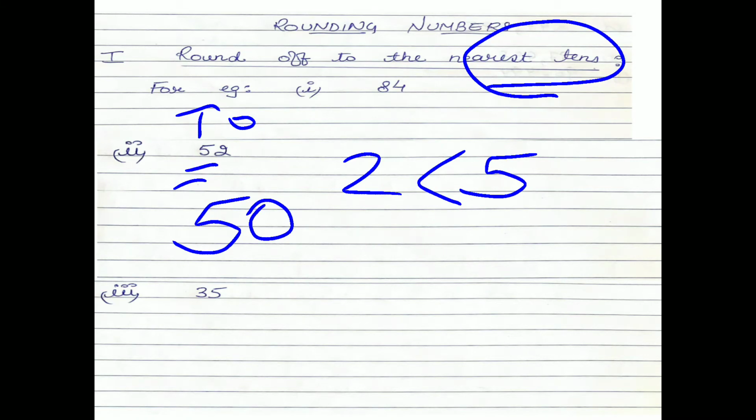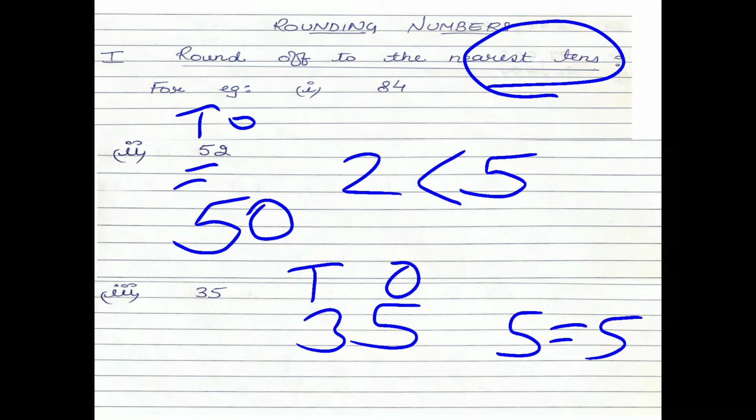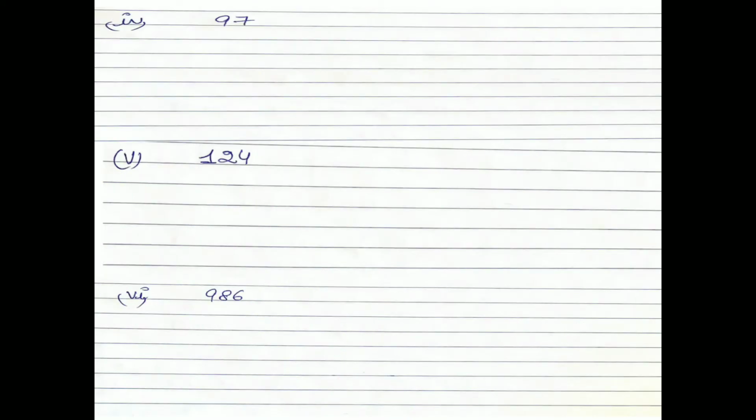Let's understand one more example. 35. Again take 35. Again on the number you write ones and tens as I told you, as in the first question. Now compare which place number? The ones place number, that is 5. As I told you, if your number is less than 5, then you will not do anything to the tens. If your number is 5 or greater than 5, in that case you have to add 1 to the tens place. I am adding 1 to the tens place. 3 plus 1 is 4. And after the tens place, the number which you are comparing, the ones place number, you have to make 0. So this is your answer. Clear?